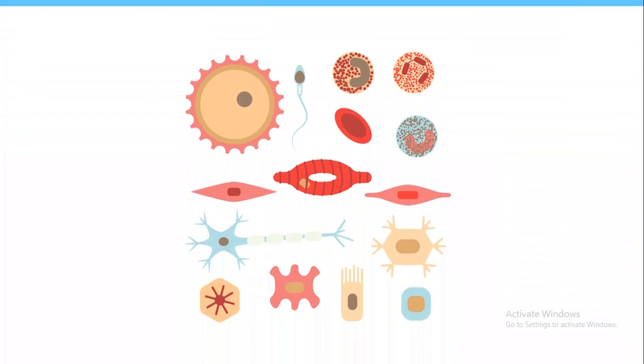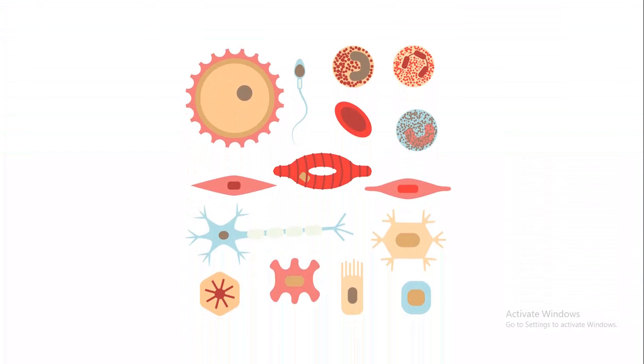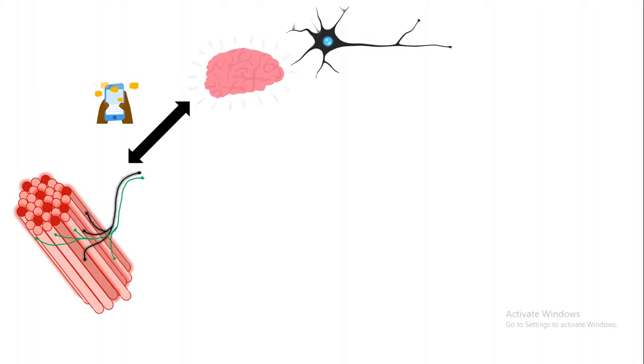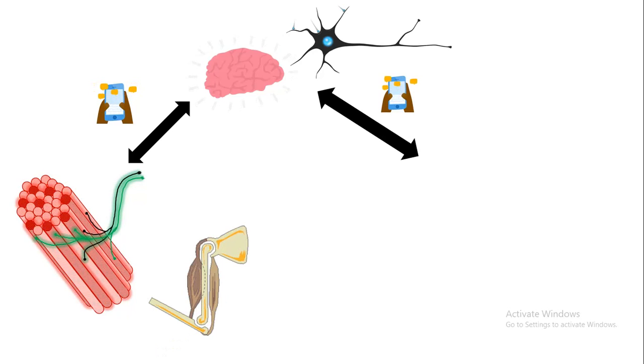But have you ever thought, there are so many cell types in our body, how do they communicate with each other? Have you ever thought how our brain cells communicate with the muscle cells and tell them to contract? Have you ever wondered how our brain cells tell the liver cells to secrete digestive enzymes and hormones which are important for digestion? If you're thinking about this, let me tell you that there are several communication modes used by the cells in our body.